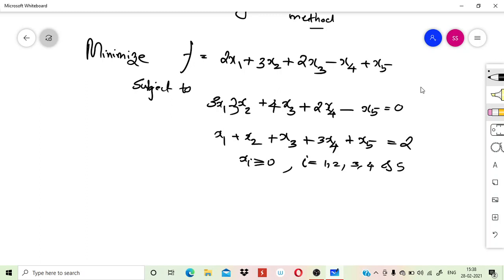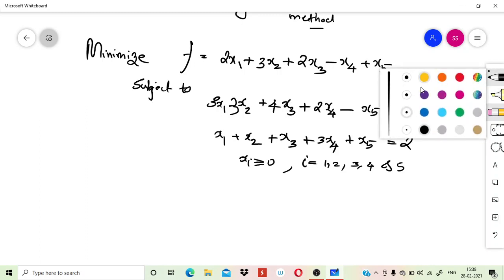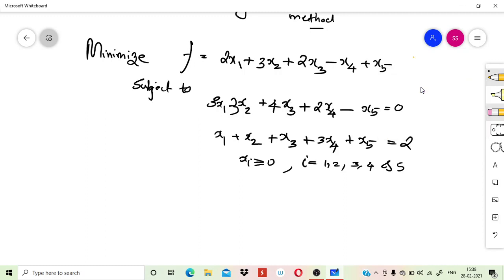If the examiner has given linear inequalities, for example 3x1 minus 3x2 plus 2x4 greater than or equal to 0 or something like that, then what you have to do,